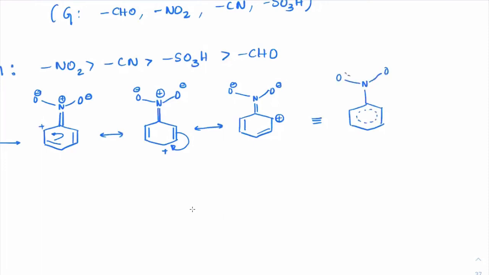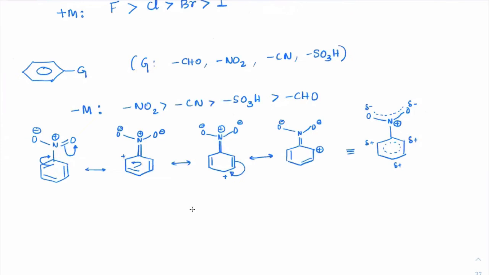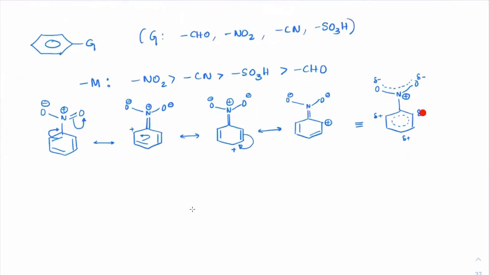Oxygen here, there is a resonance with delta negative and delta negative. This is always positive. And delta positive, and delta positive. So from here, it is pretty much clear that the positive charge will always come in ortho and para position. So imagine if an electrophile approaches this type of benzene, where will it approach? It will approach on meta position and not on ortho and para position.